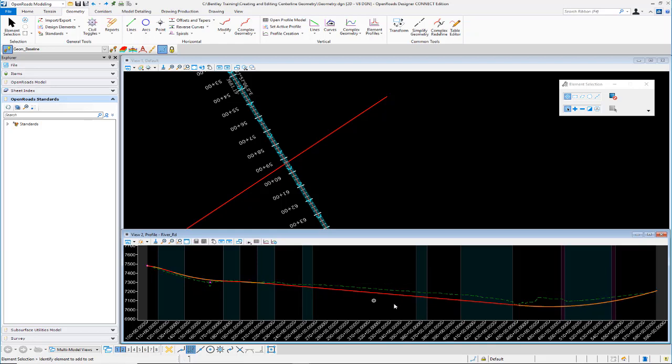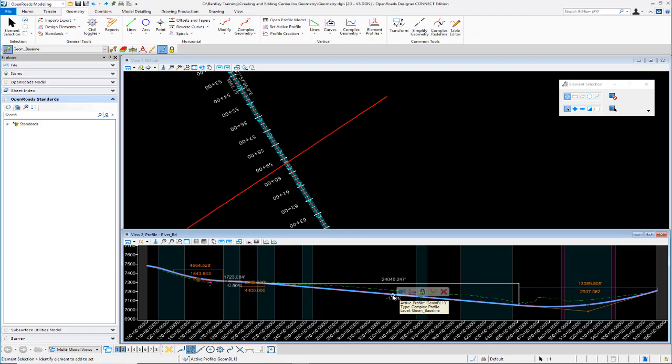Well, when this geometry was originally created, it was created using just individual pieces. We created individual vertical geometric elements and then we complexed them together. Okay, so if I go back here and we select this, this is all one alignment right now. So to edit any piece of geometry that shows up in gray, all we need to do is edit the